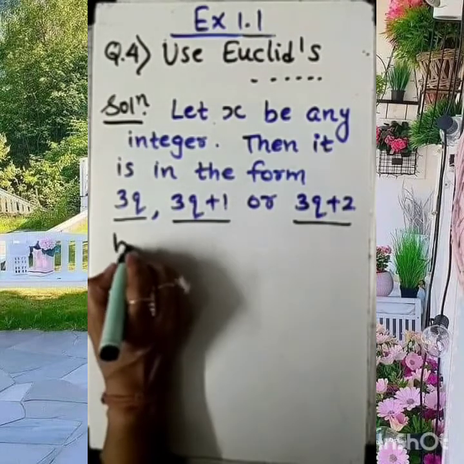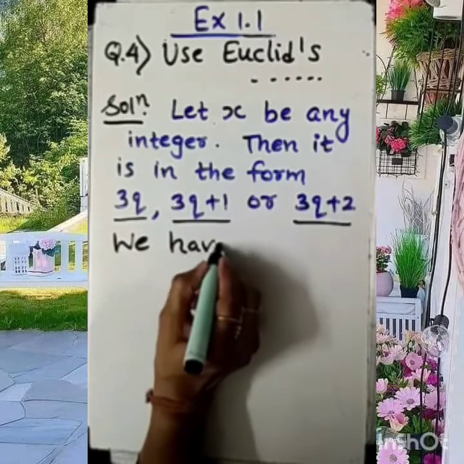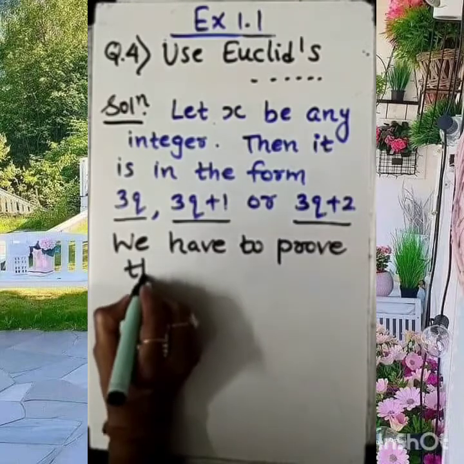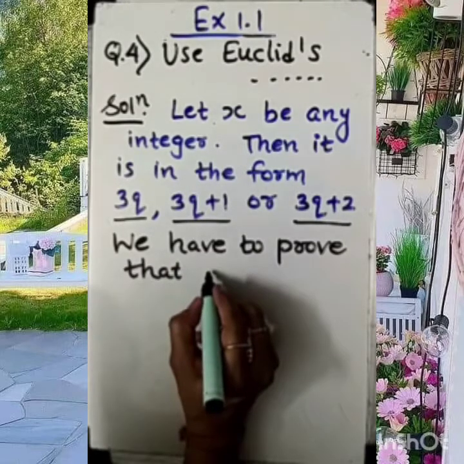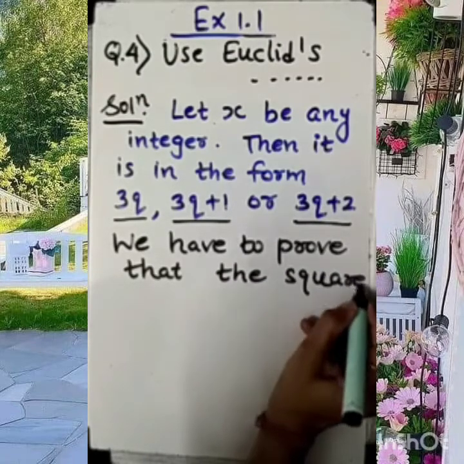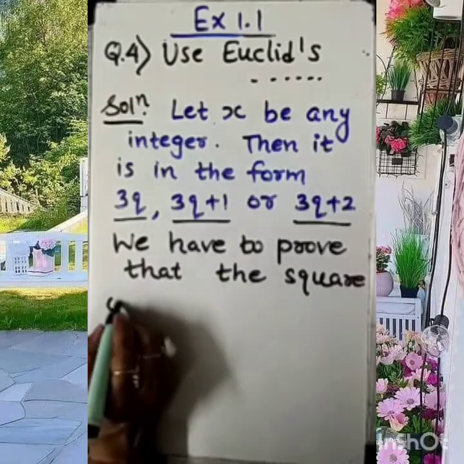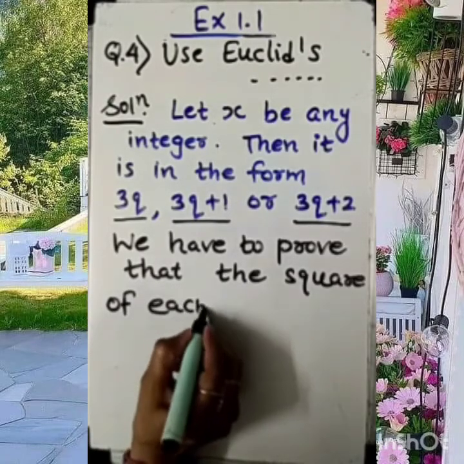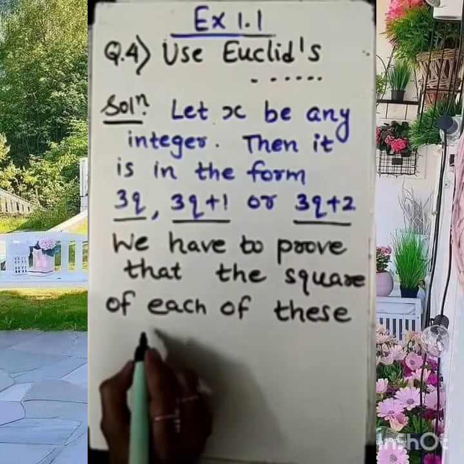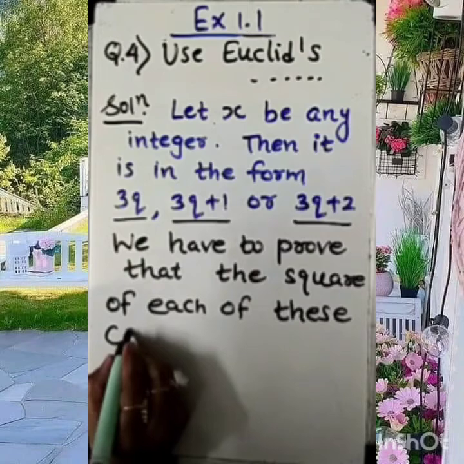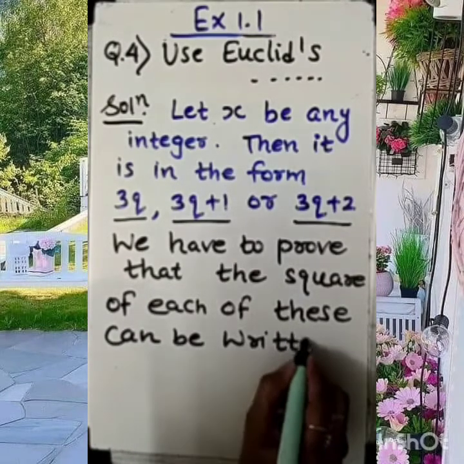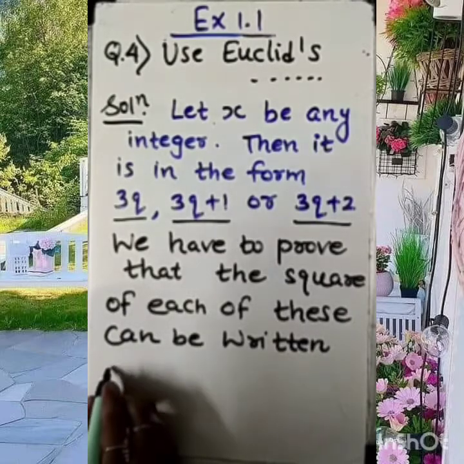We have to prove that the square of each of these can be written in the form